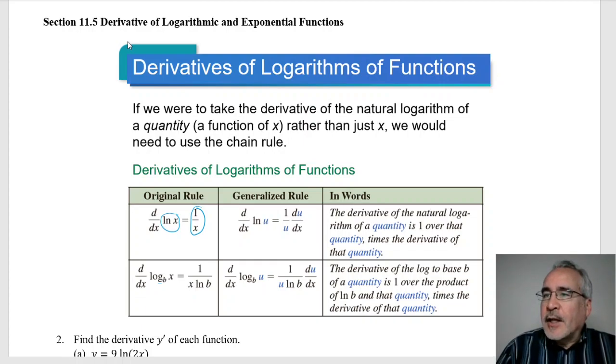Now, if it's a logarithm with a particular base, so natural log is a log base e, and it just so happens that when you have any other base, you get 1 over x, but you get what I call a correcting factor, because this is the natural log of the base, which is just going to be a number. So it's the same principle, but you've got a correcting factor when it's not the natural log,